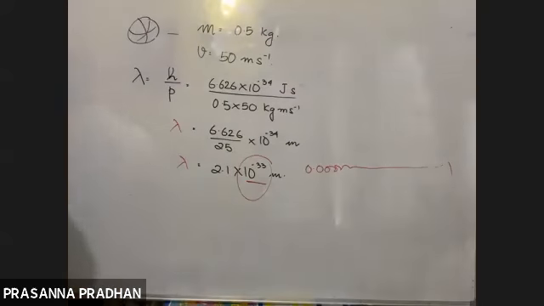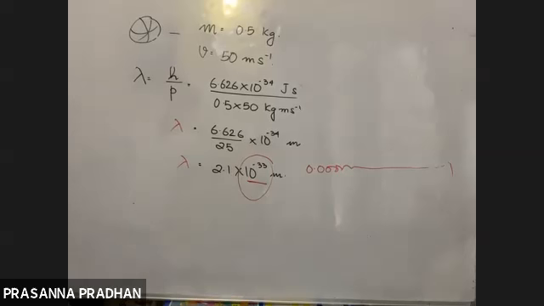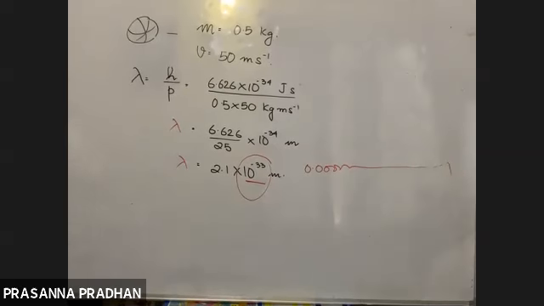So you won't be able to measure it. It is so small, how will you measure such a wavelength? 10 to the minus 33 means it's an unimaginably small number. Got it? So in de Broglie's equation, they are inversely proportional. If the particle character is greater, then your wavelength is extremely small. Okay.